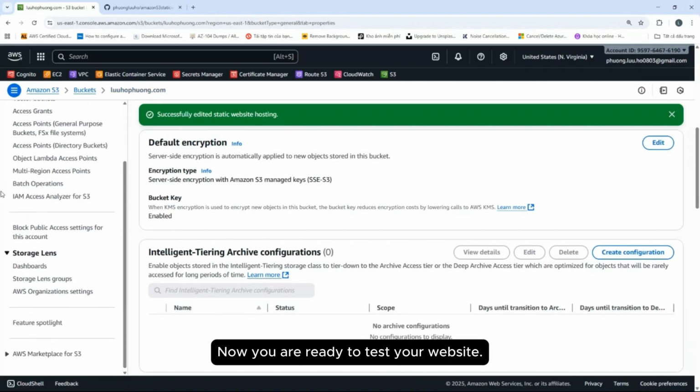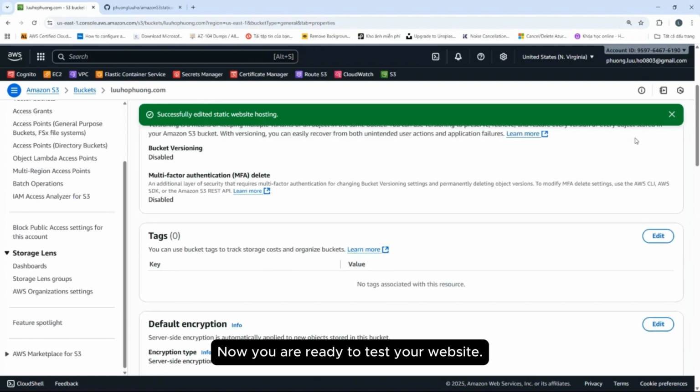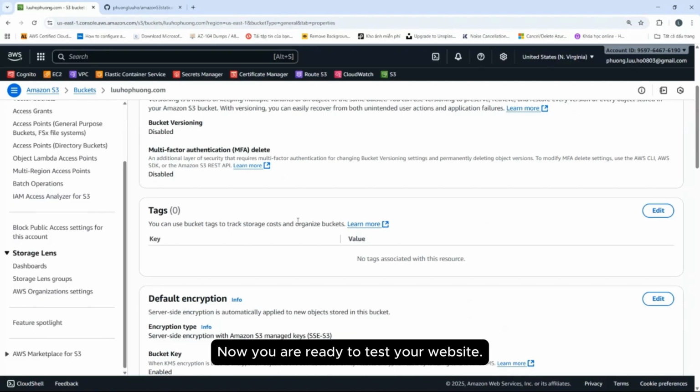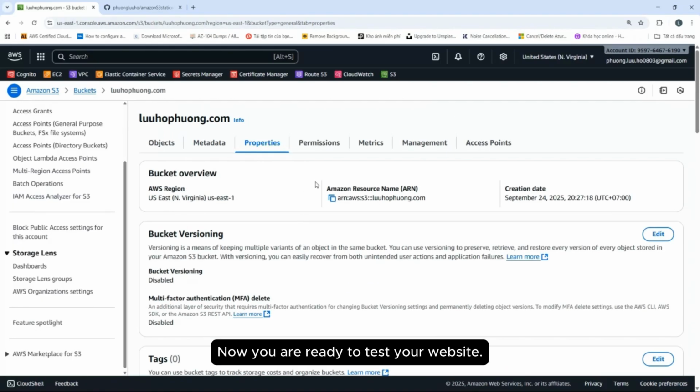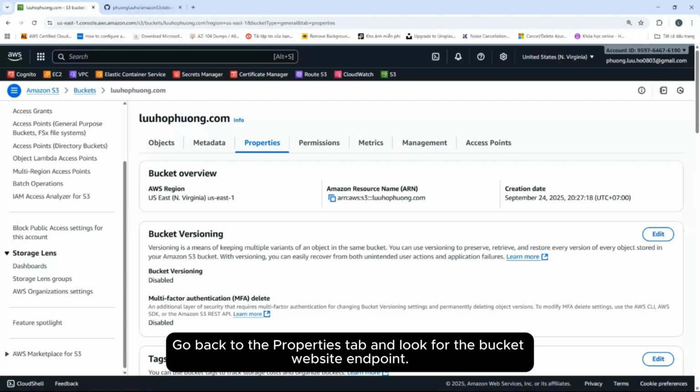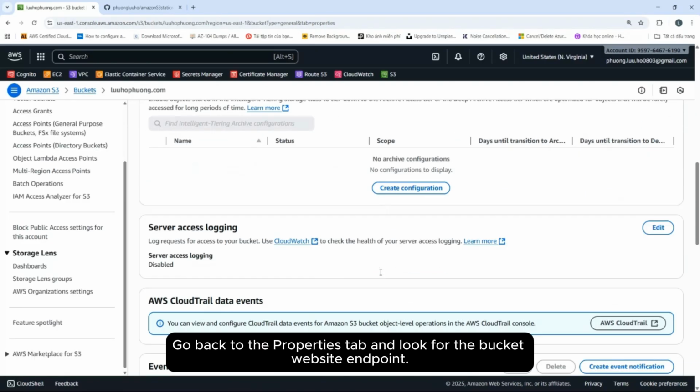Now you are ready to test the website. Go back to the Properties tab and look for the bucket website endpoint.